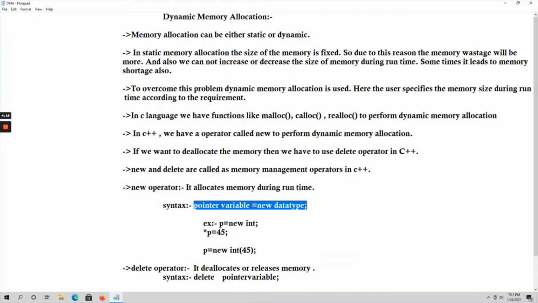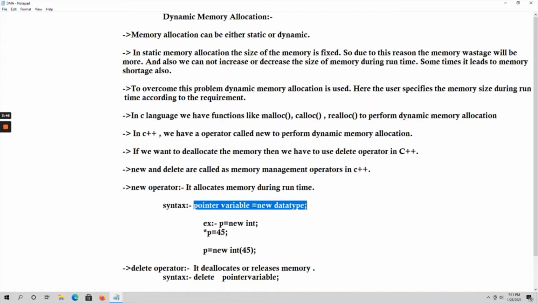The syntax for the new operator is pointer variable equal to new data type. For example, p equal to new int. Here p is holding the address of another variable of integer data type, and in that address the value is 45.